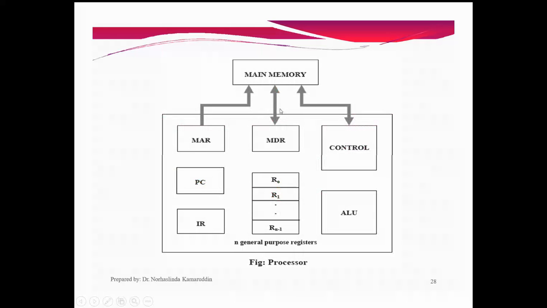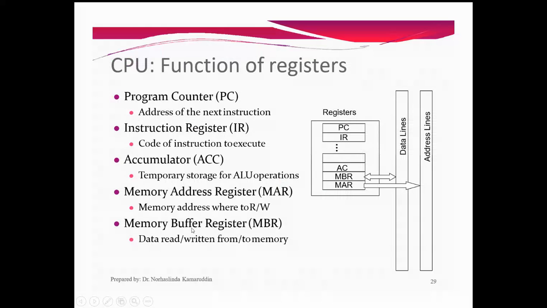Okay, so ni dalam processor. So dalam processor kita ada control unit, ada ALU, ada MAR, MDR, program counter and also IR. Okay, so this is the functions of the register. So PC is a program counter, IR is instruction register, ACC is accumulator, memory address register and also memory buffer register ataupun we call a memory data register. So setiap register ni, okay,